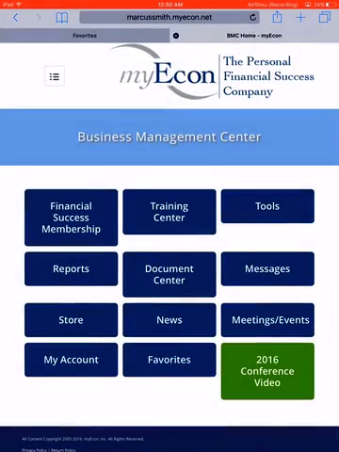All right, so at this point, you should already be logged in to your website. You should have already changed your temporary password to whatever you want it to be. So if you're looking at this screen right here, the Business Management Center, know that this is also referred to